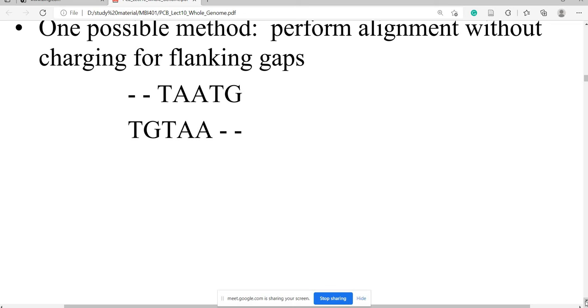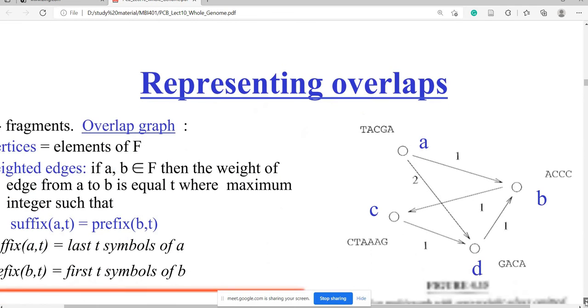Is it clear to you? The sequence alignment method used for sequence assembly is known as end space free alignment. We will discuss it later.